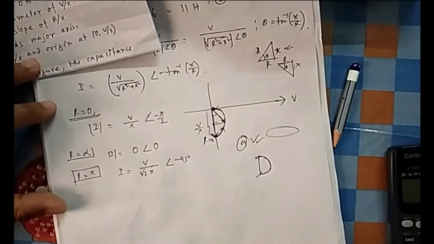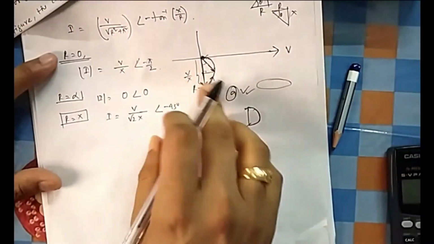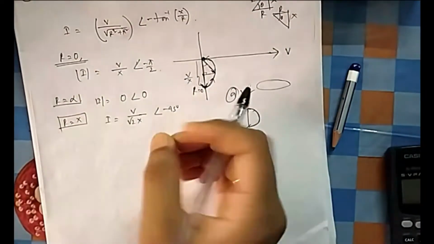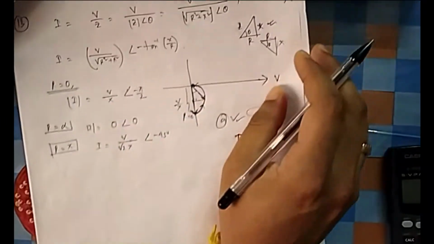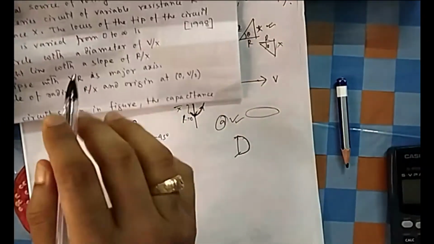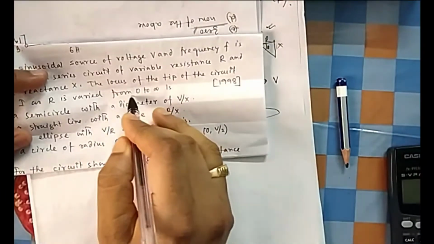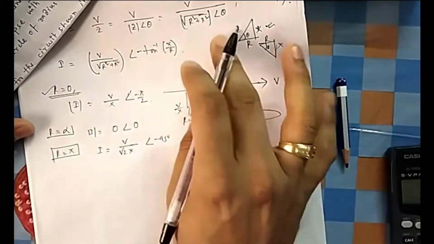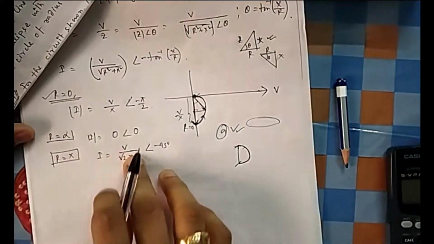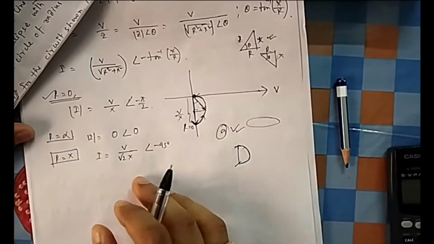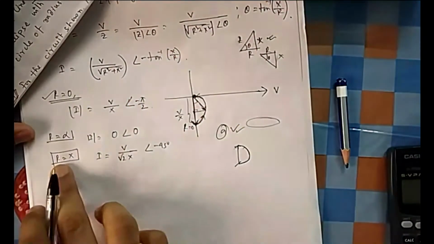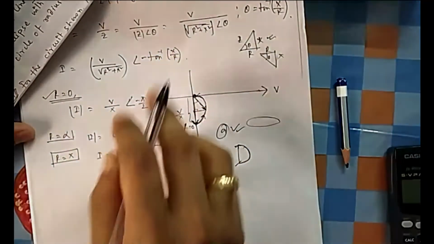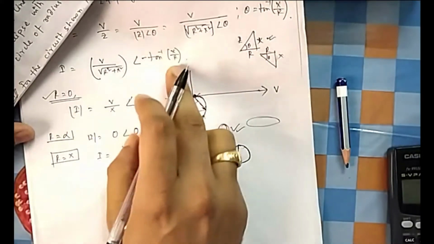Okay, if this is done. In case of phasors, there is no need to draw the exact equation. You need not find anything external. You draw it just with some fixed values. They have asked you to find the phasor locus when R is varied from 0 to infinity. So you vary R and take 2-3 common values which you can calculate. 0 you can calculate, infinity you can think, R equal to X you can think. So let's take some of these values. You can take R equal to root 3 X, or X equal to root 3 R, because in this case you will get the angle also. Because tan inverse root 3 will give you 60, tan inverse 1 by root 3 will give you 30.